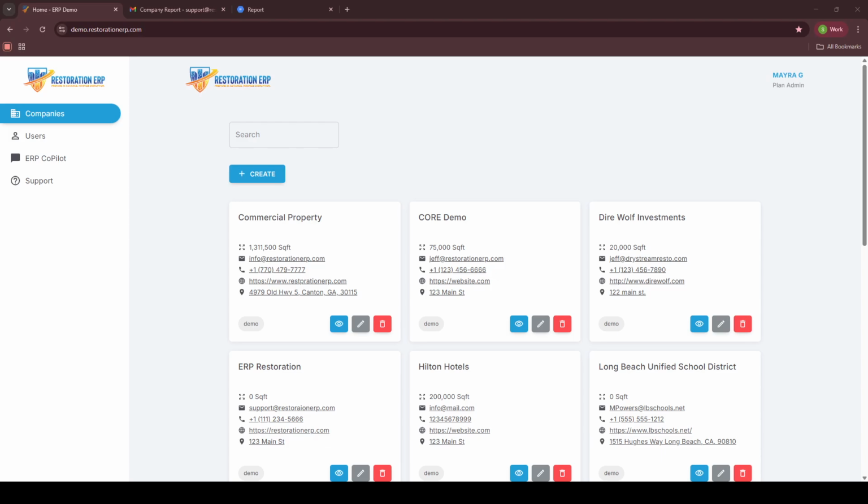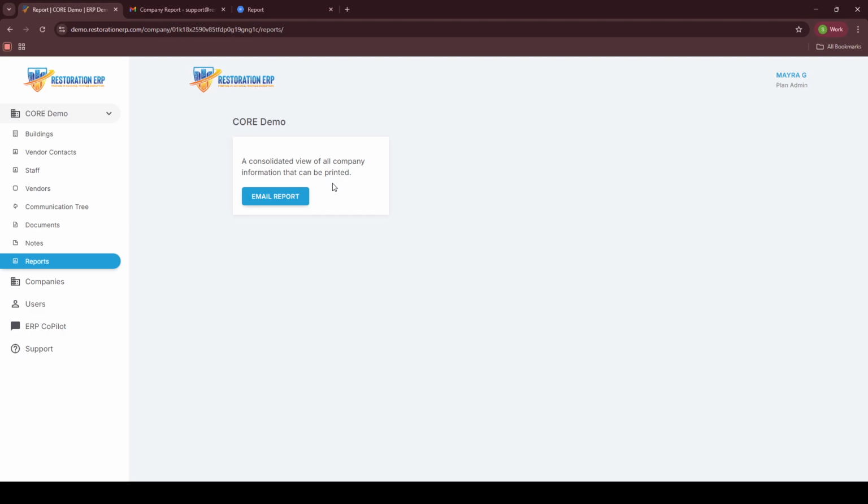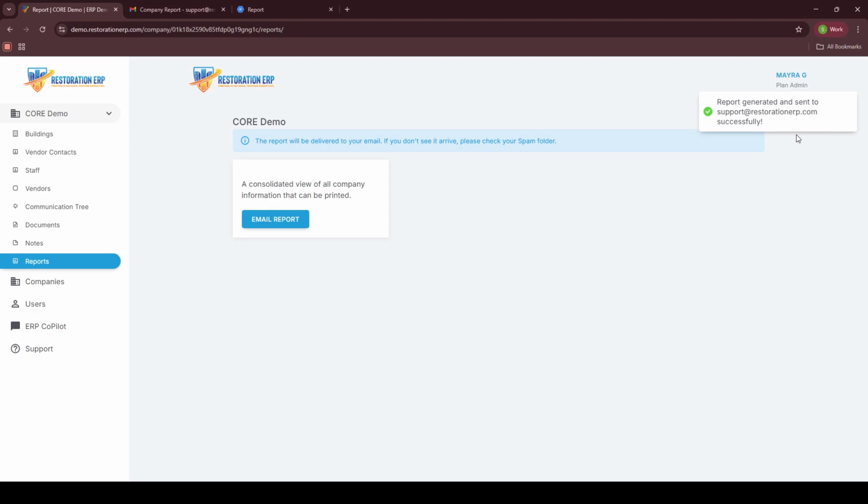We will now talk about reports. You can send yourself a report about each one of the companies that you have in there. So if you click in one of the companies that you have created, open it, you will see reports on the left side panel. Once you click on it, you will click on email report, and a report will be sent over to your email,